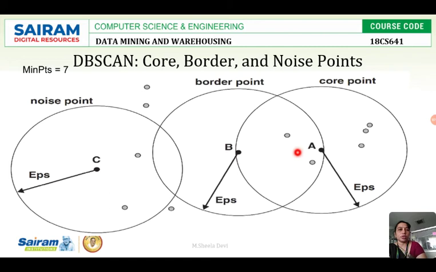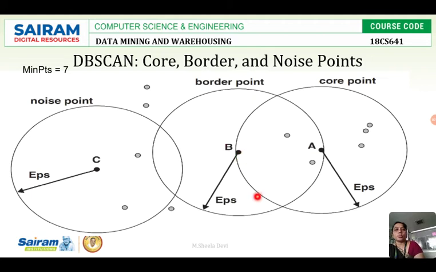This A is there. 1, 2, and here I think the minimum points they have kept as 7. So what happens? 1, 2, 3 only are there. So we cannot make it a core point. Clear? So it will be a border point.